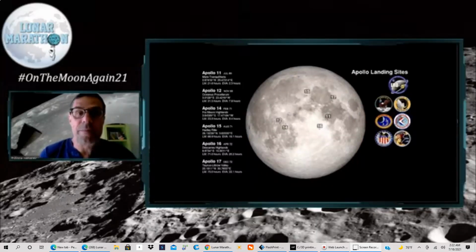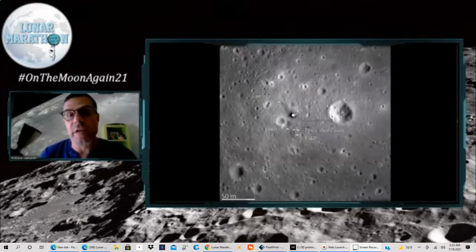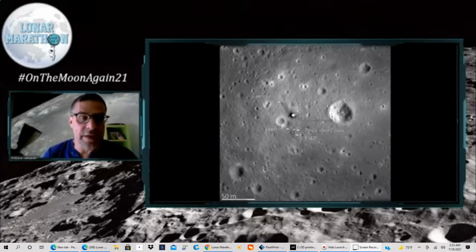Here is again the map where you see the 6 Apollo landing sites, all of them on the near side of the moon. So the question is, what can we see? Here is a picture taken by the Lunar Reconnaissance Orbiter, LRO. You can see the scale at the bottom left, 50 meters. This is a very high resolution picture of the surface of the moon. You can see the descent stage of the Apollo 11 lunar module, and the tracks left by the footsteps of the 2 astronauts, Armstrong and